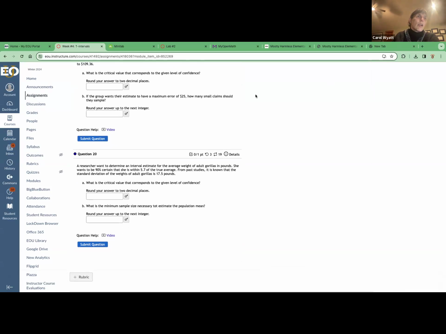All right, so we know that your margin of error is equal to some t critical value or z critical value, some critical value, times your standard deviation divided by the square root of your sample size, right? They say they want to have a certain margin of error. So they know that this is 5.7. They know they want to be 90% accurate. And so they know this